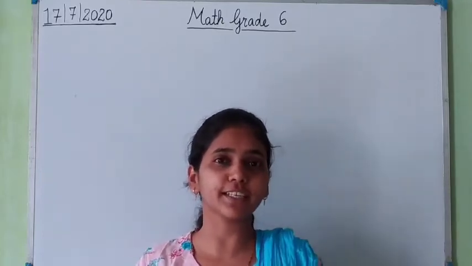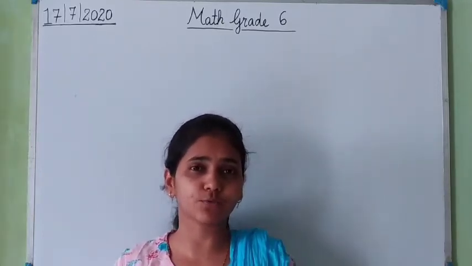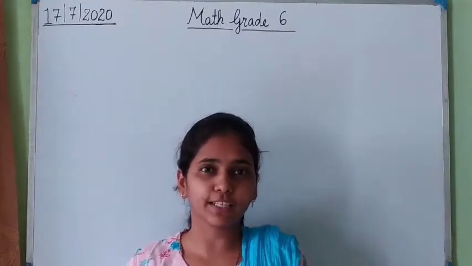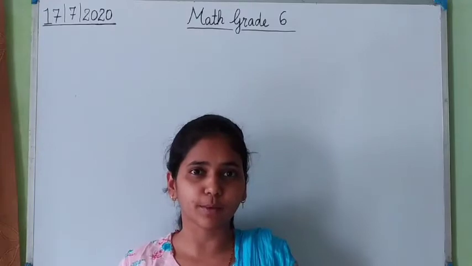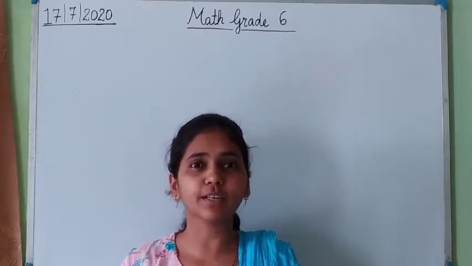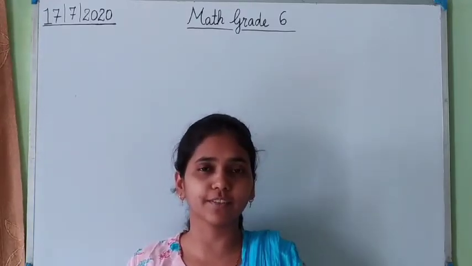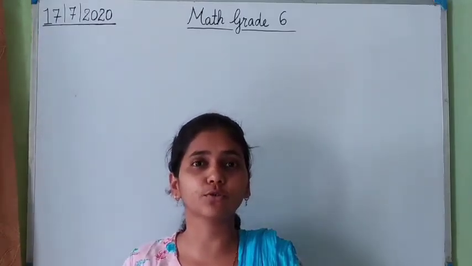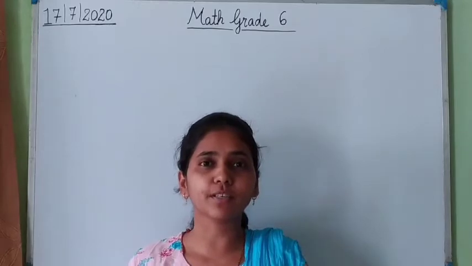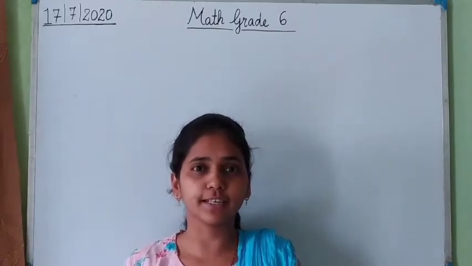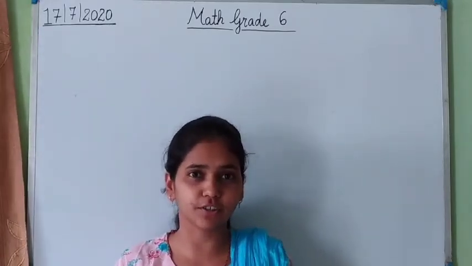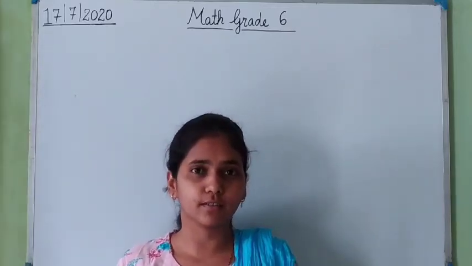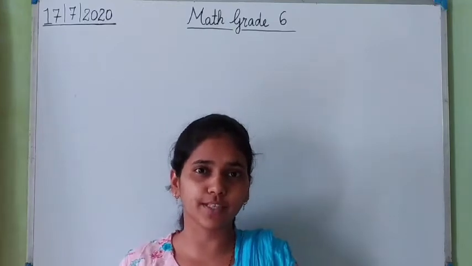First tell me what we have studied in our last class. What did we study about? We studied how to determine the place value of digits in a decimal number, right? And we also studied how to arrange decimal numbers in the order of their sizes, in increasing order or in decreasing order. And then we also studied how to find numbers between two given numbers, right?